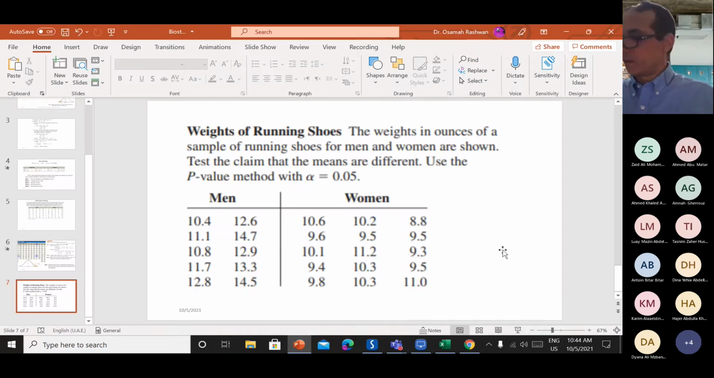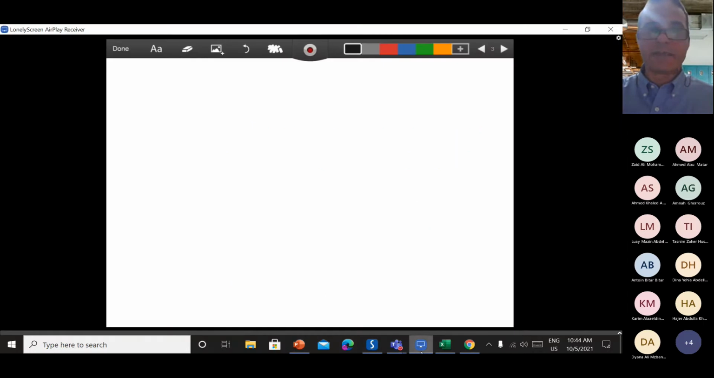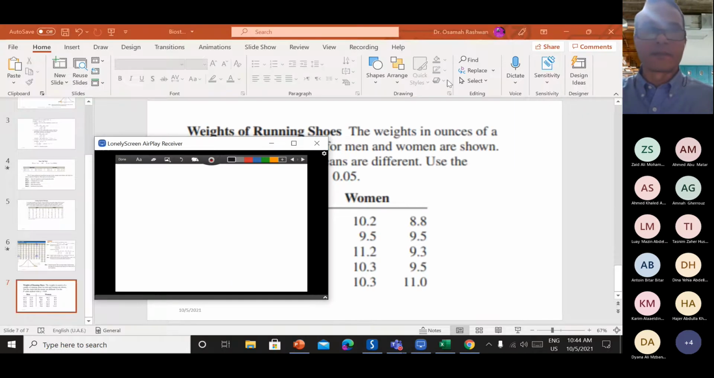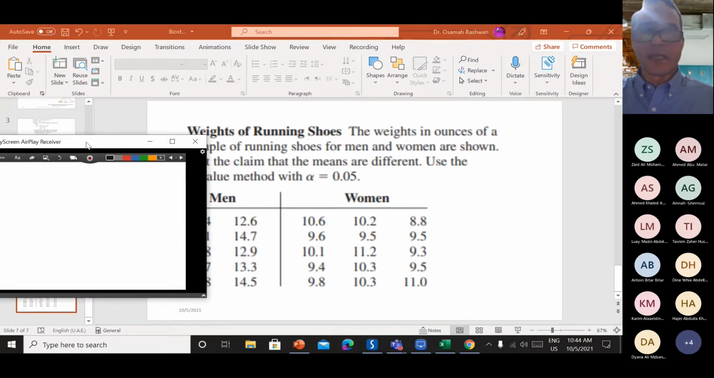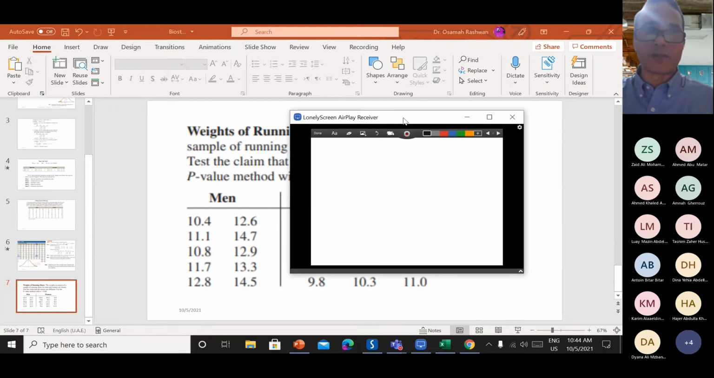Let's do it by hand. This one, let's do it by hand. Now, we'll go step by step. Do you have your calculator? Guys,